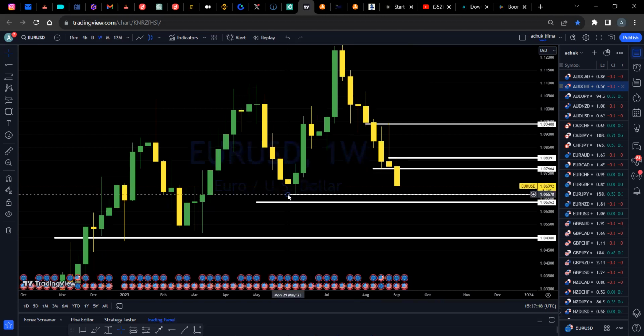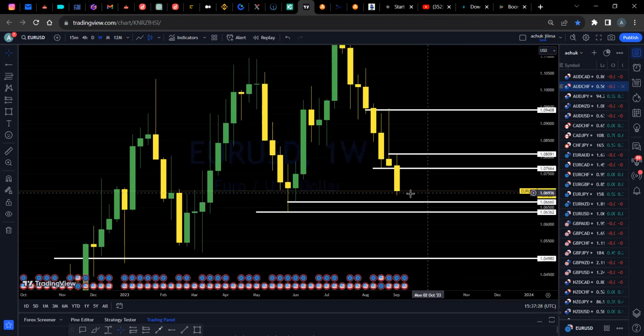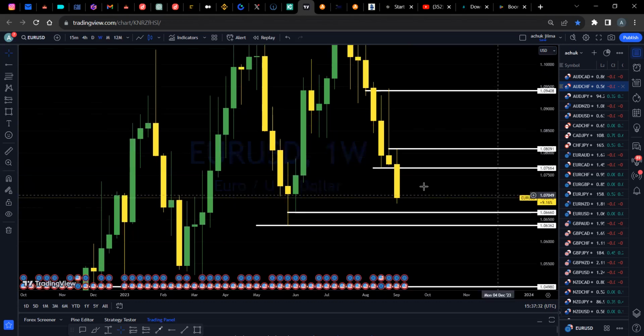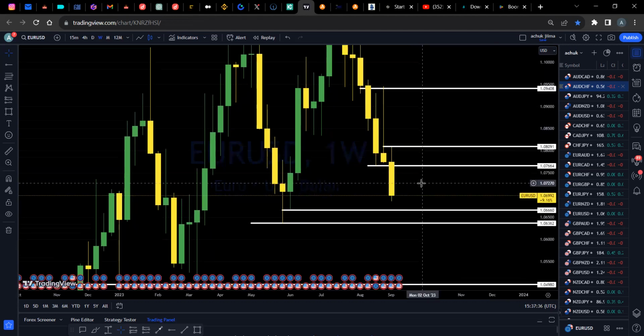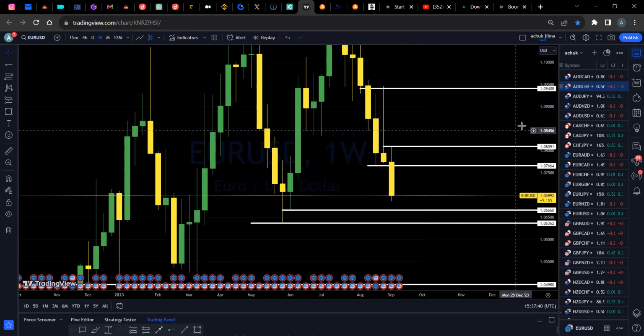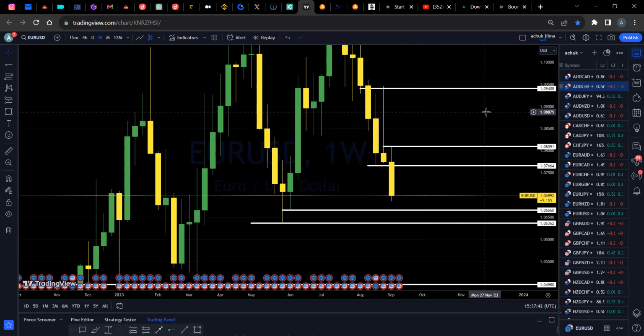So we want to see whether, in this area here, after the markup stage, the market will be able to bounce off. Will accumulation begin to happen here and the market bounce off? That is what we shall have to see throughout this coming week or into the next week or this whole month. But if you look at it from the bigger picture of the monthly, we are in